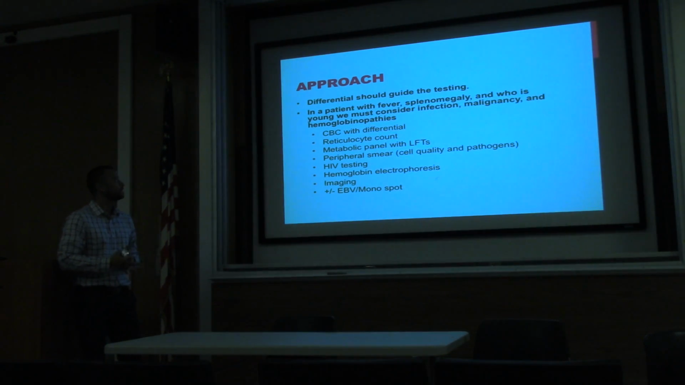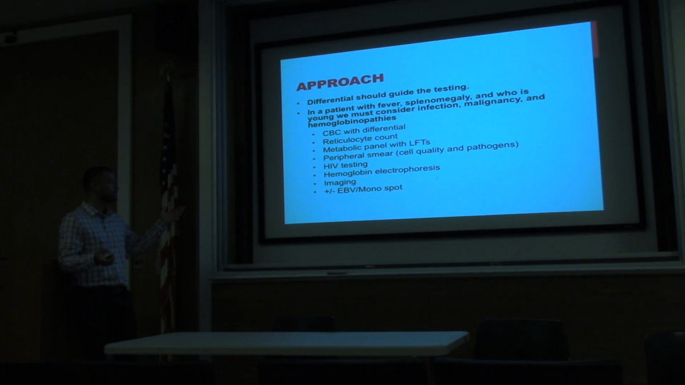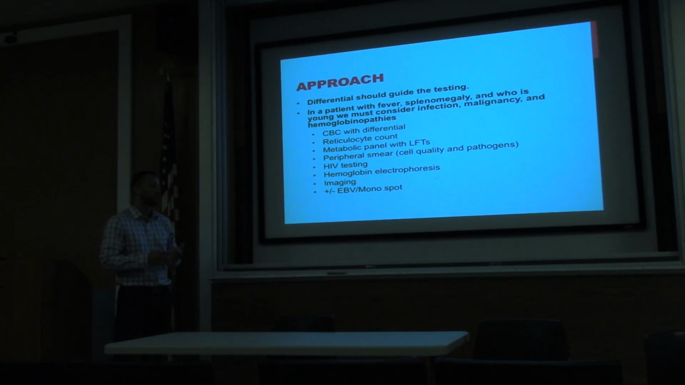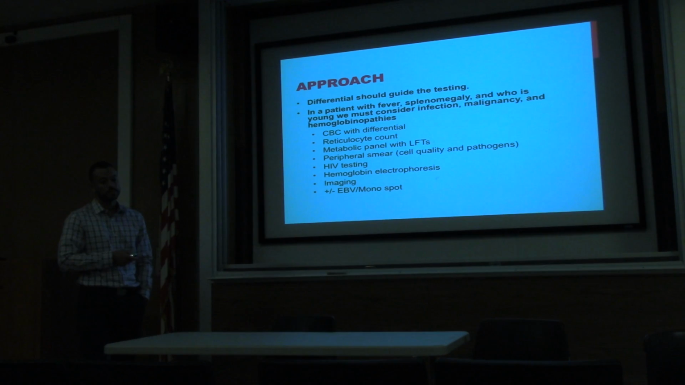But even a list like that makes me kind of freak out. So what I do instead is let the differential guide my testing. And really I put it into big boxes: infection, malignancy, and hemoglobinopathies. So these are the easiest tests you can run, the CBC, in order to find out whether they're anemic or whether this is something like a malignancy, which will show up with a bunch of white blood cells, or maybe pancytopenia. You get your reticulocyte count to see if the bone marrow is responding appropriately, or if this is some myelosuppression. You get a metabolic panel with LFTs, because as Tess pointed out, the spleen and the